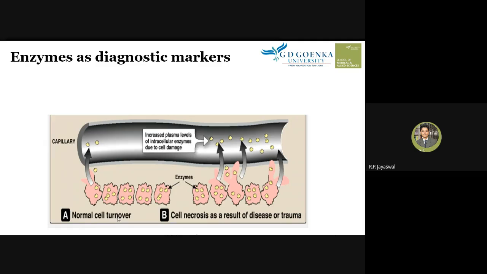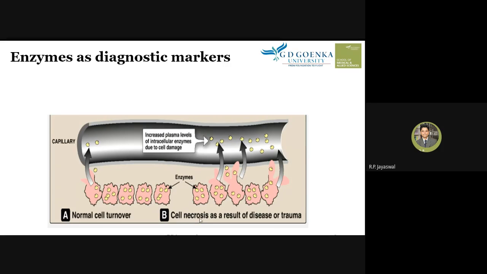Normal cell turnover means the cell normally has a limited lifespan, and after completing the lifespan, the cell dies, and the cell enzymes usually mix into the blood. When the enzymes mix into the blood, we are able to detect a small amount of enzyme in the blood by doing the enzyme test. So this is normal cell turnover, but this cell turnover may be increased when there is a cell necrosis process,